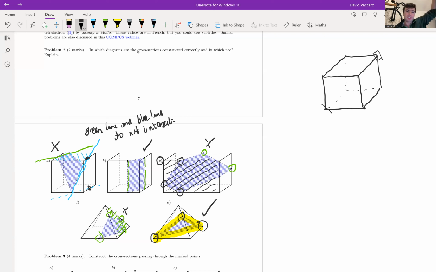So you could imagine hanging the cube from one of its points, and then taking a horizontal slice through the middle. Okay. And my question into the chat is,